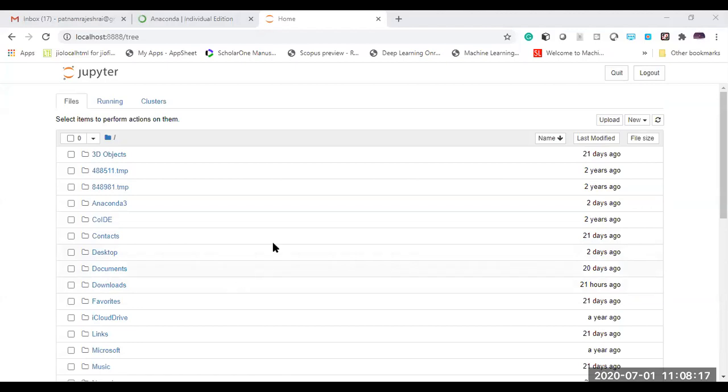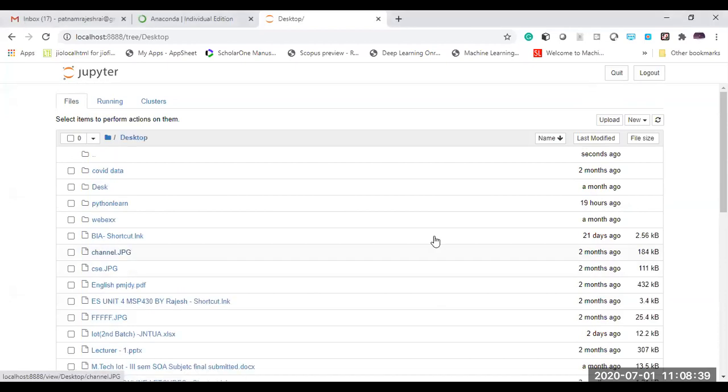For that, I'll be selecting the desktop. You can see here all the items that you have within your system, all the documents and files, will be displayed. Within this, I'll be selecting the desktop. Now you can locate your folder. You can create a folder and set a path for execution of commands and everything for Python. For that, I have just selected the desktop.